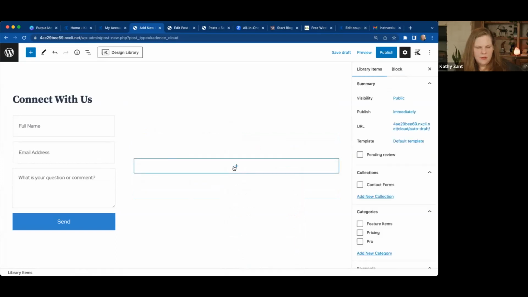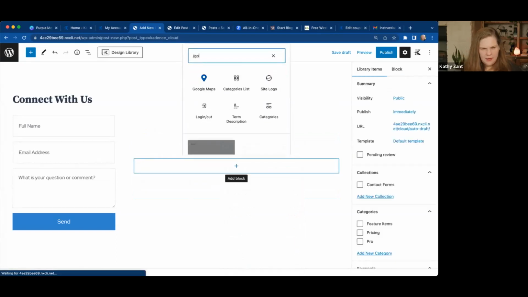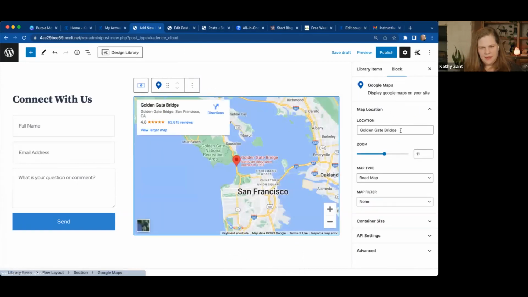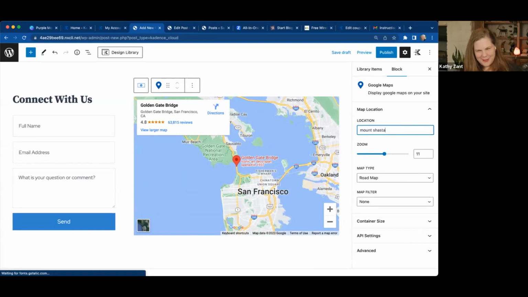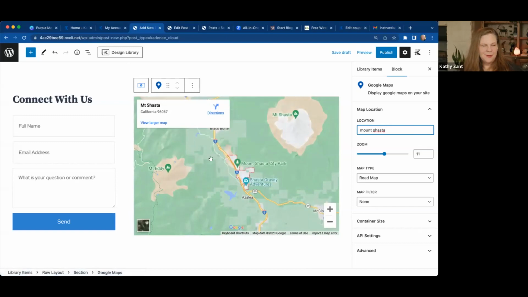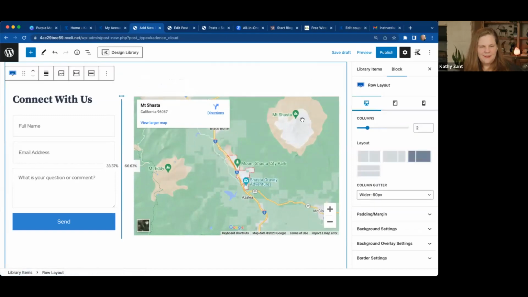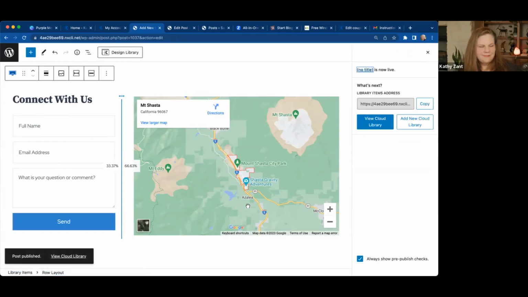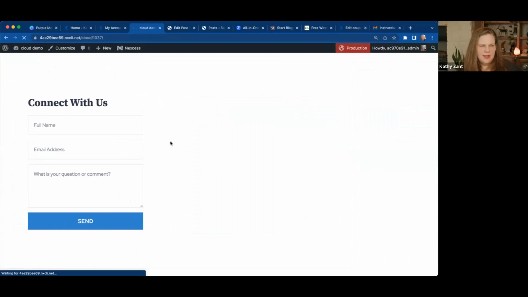let's remove that custom HTML. And I am going to find Google Maps. And let's say, just for old time's sake, I am going to move it from the Golden Gate Bridge, and let's see if I can do it, to my old hometown of Mount Shasta, California. We'll put that there instead. And we are going to save our Connect With Us Mount Shasta map in our cloud library. So this will go to that particular